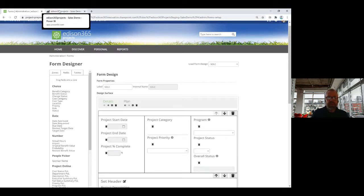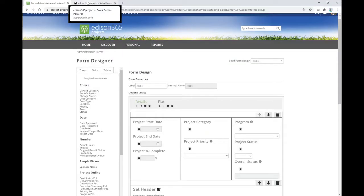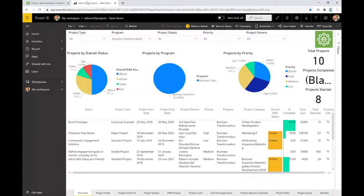So if we dive into the very last piece, and that's just reporting. It's all very well putting all this information in, but you need to be able to get it out, right? That's what's going to help you make your decisions. We use Power BI. You could use another tool,